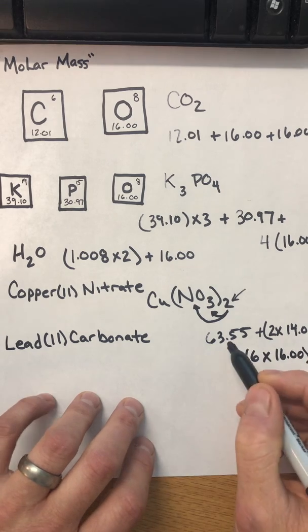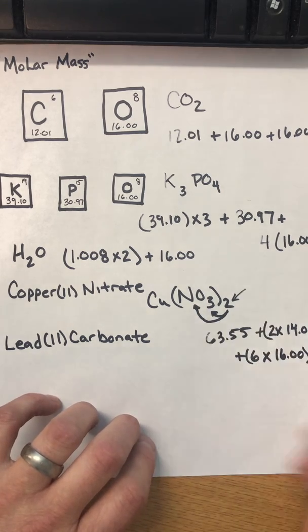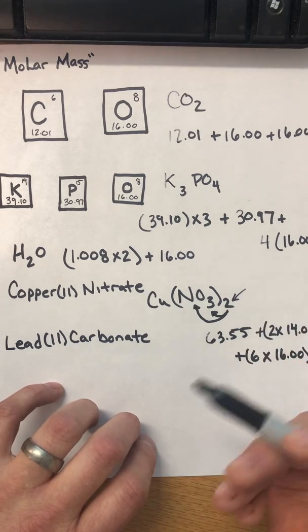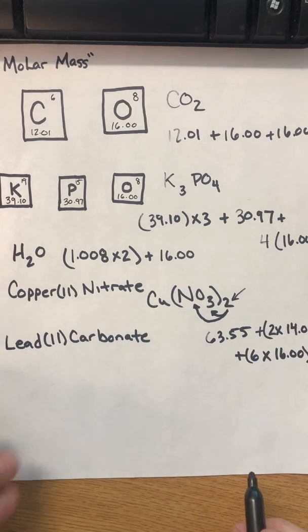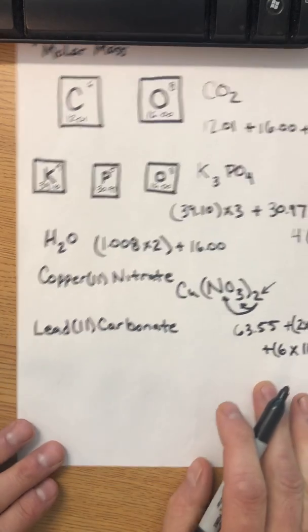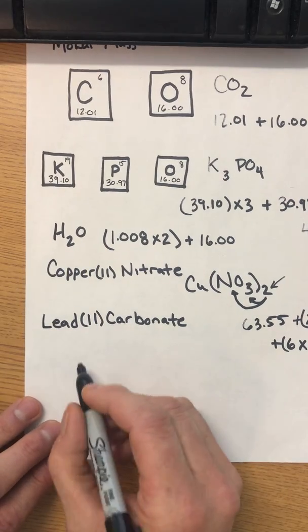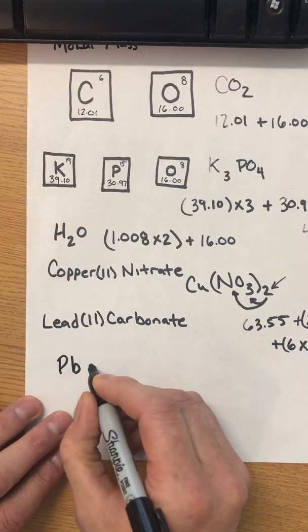right? So the biggest mistake people make is getting the formula wrong, and they don't have the right subscripts, and then they don't have the right number of atoms. They've counted them up wrong, and you get the wrong molar mass. Now, with lead and some other elements out there, we have a kind of a funny thing. The formula here for lead 2 carbonate is